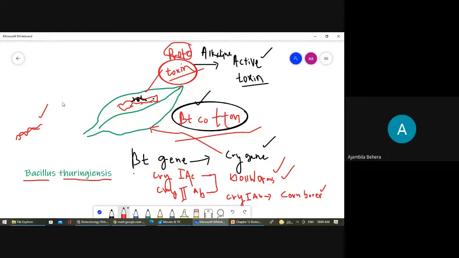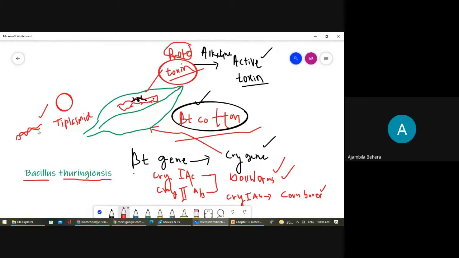Okay, so we need one vector. Can you tell me which vector we can use here? Anybody? Can you name the vector here? The vector we obtain from Agrobacterium tumefaciens. And what is that vector? The name of the vector is the Ti plasmid. Okay, so we have to use this Ti plasmid,